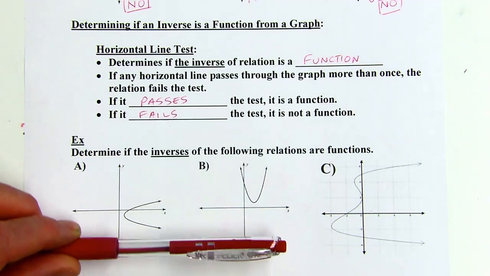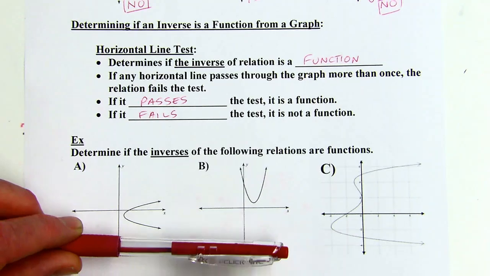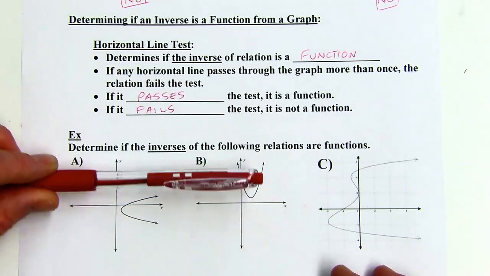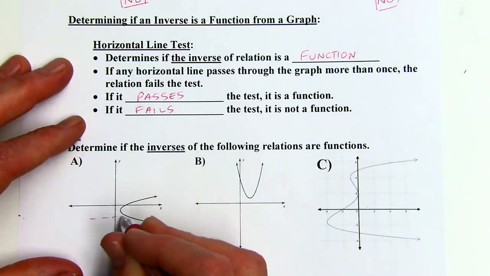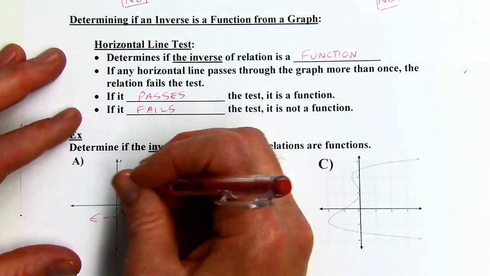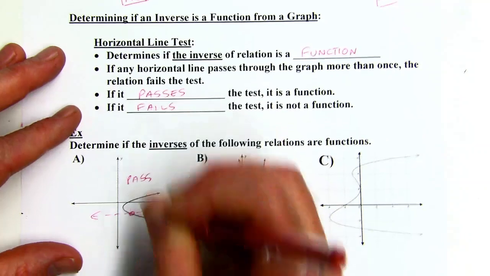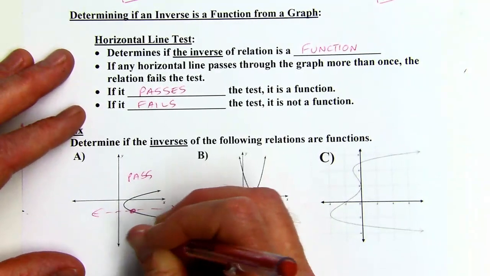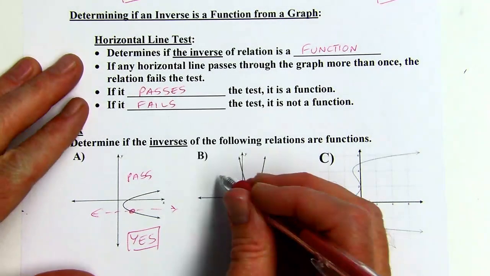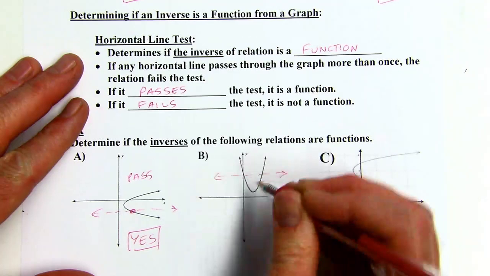But if I want to check its inverse, I don't have to actually graph the inverse or figure out what the inverse is. I just do the horizontal line test. So wherever I put a horizontal line, it's not going to pass through more than once. It'll pass through once at a maximum. So this is going to pass the horizontal line test, and it means yes, the inverse of this is a function. This one's going to fail a horizontal line test,